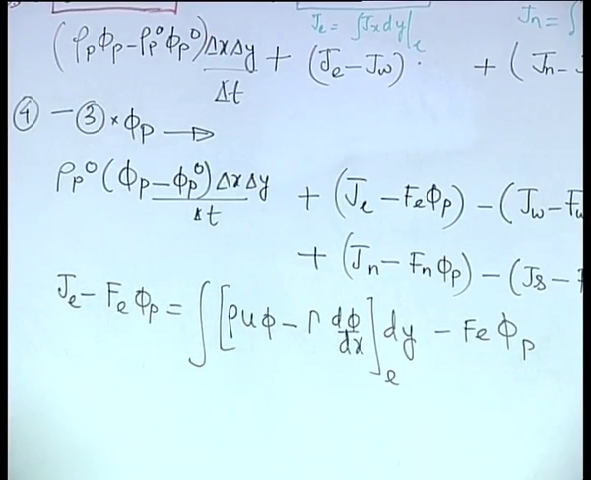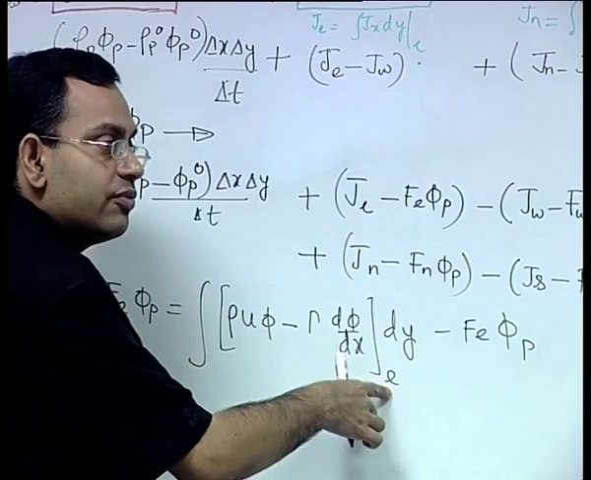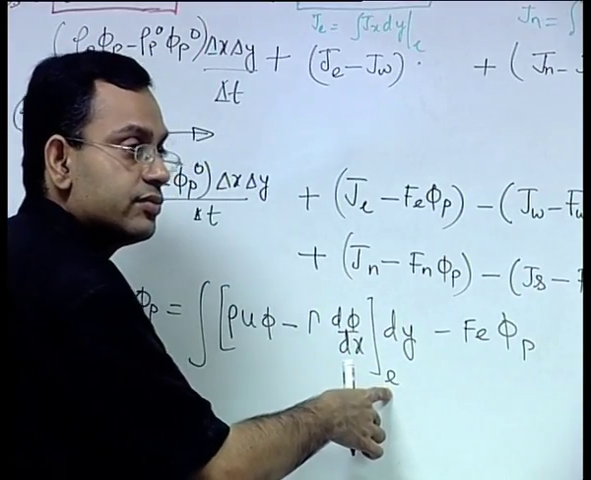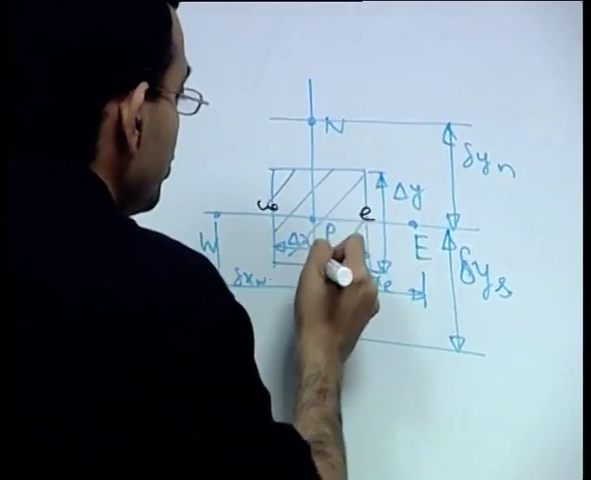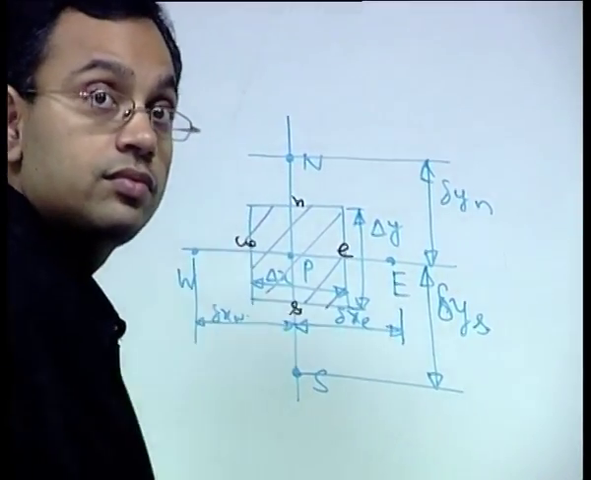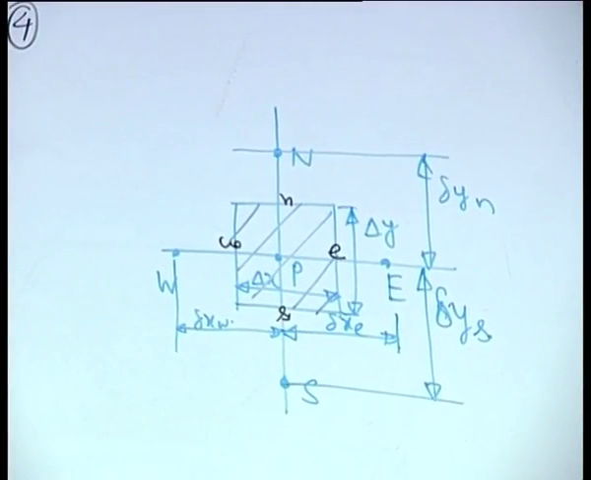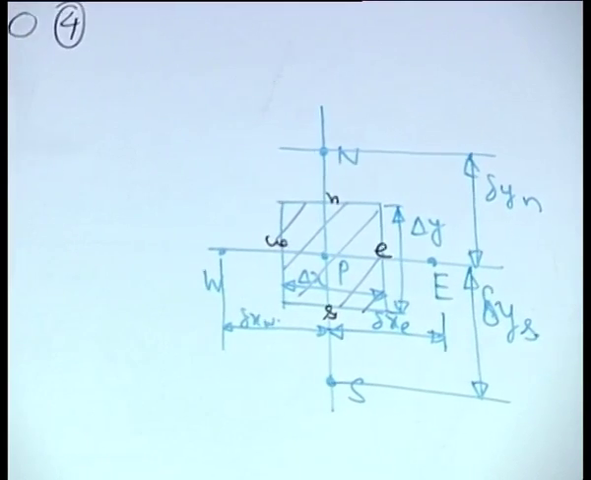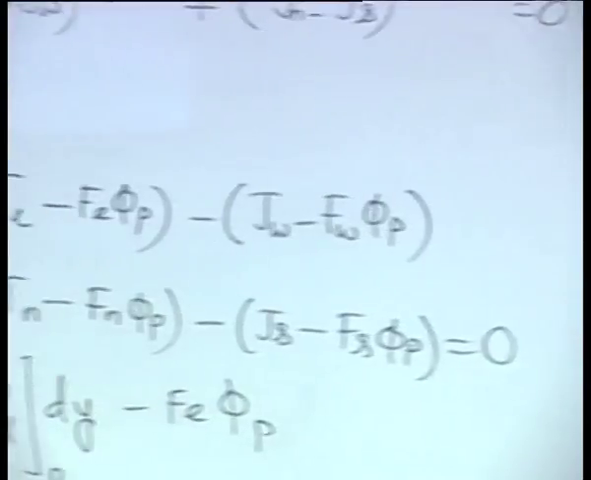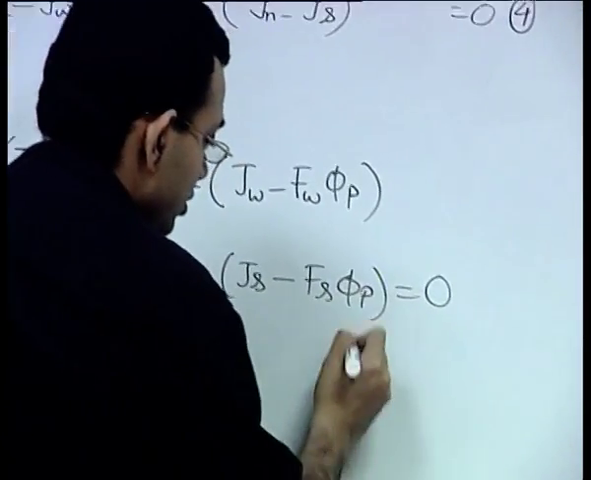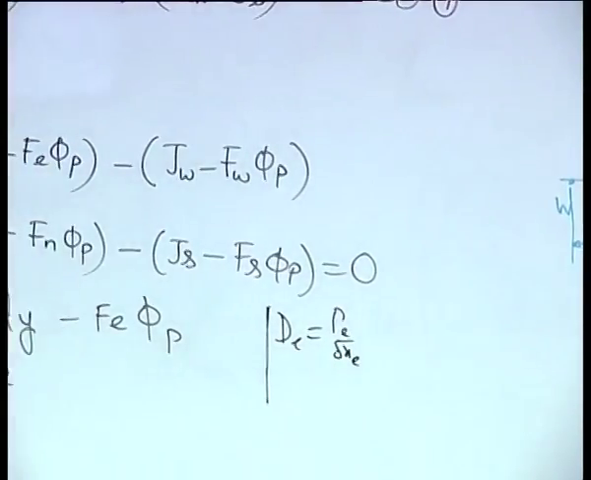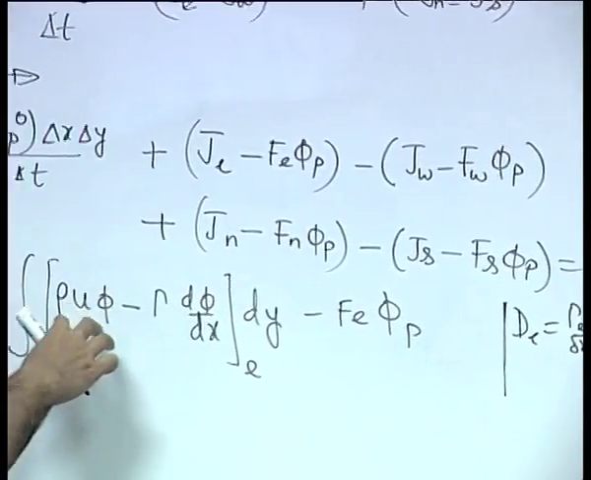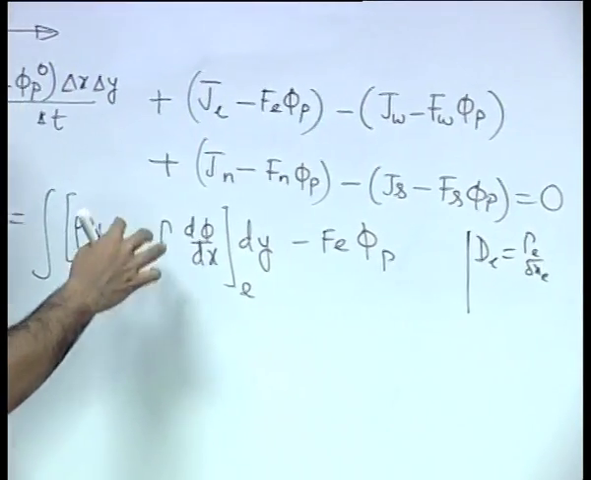Now, you can non-dimensionalize this one. Remember we are calculating at the small e phase, so the appropriate length scale is delta xe. We are calculating here, this is small e, small w, small s and small n. With that length scale, we can have a diffusion strength dE equal to gamma e by delta xe. If you divide both of these terms by dE and multiply by dE,